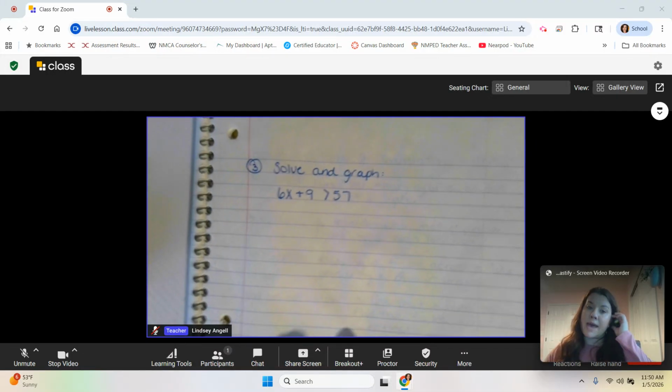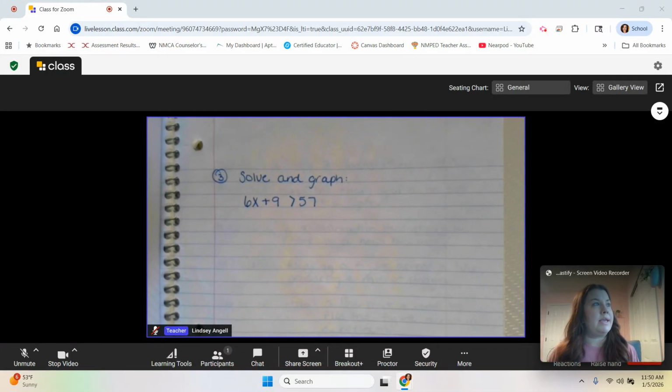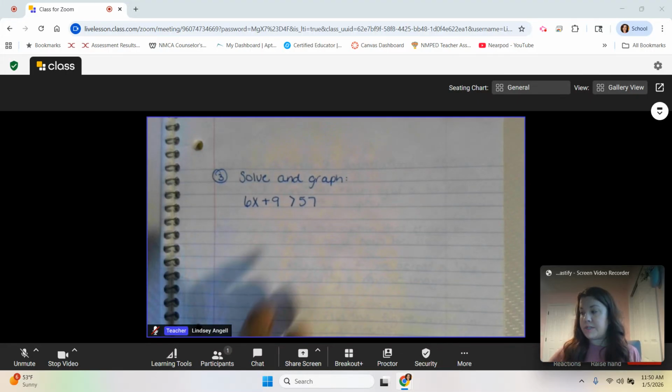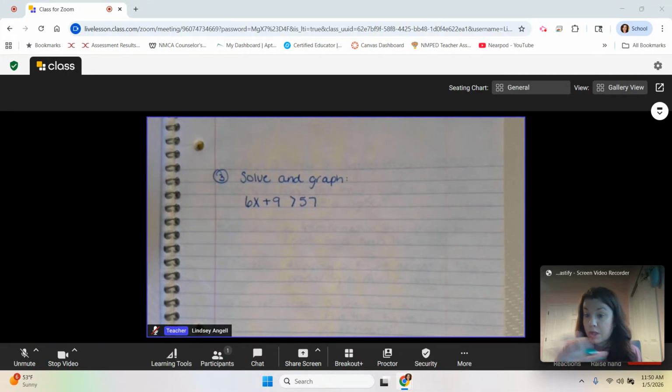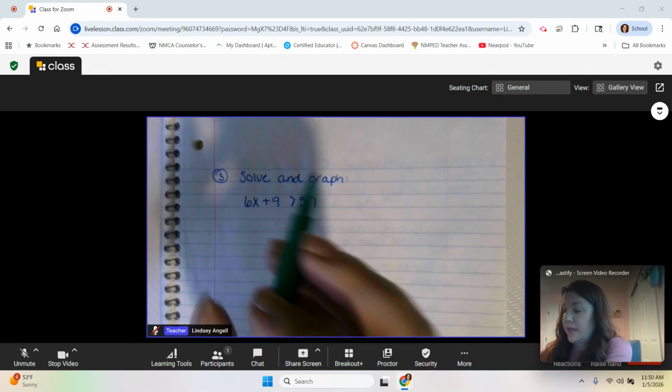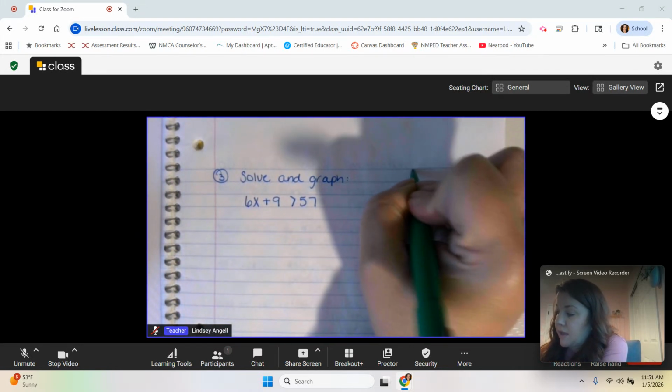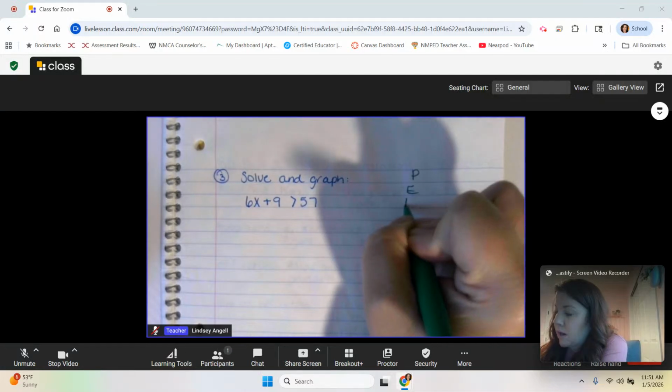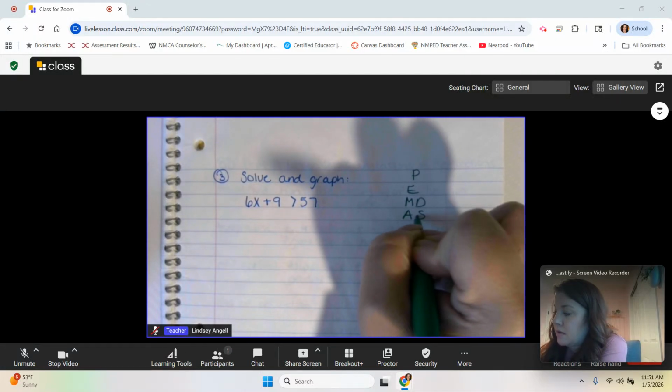This is modeled after number 3. Okay, so in number 3 it says solve the inequality 6x plus 9 is greater than 57. Which of the following graphs shows the solution? So we're going to build the graph, but then when you go to do your quick check, you'll just have to make sure you find the right one. Okay? So first off, solving it, once again, if we consider PEMDAS and working backwards from it, first we're going